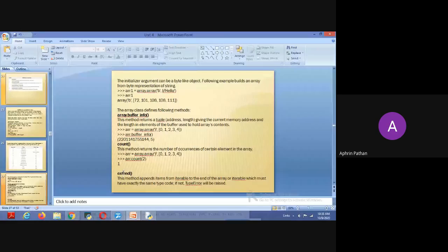So the third method is extend. So this method appends the